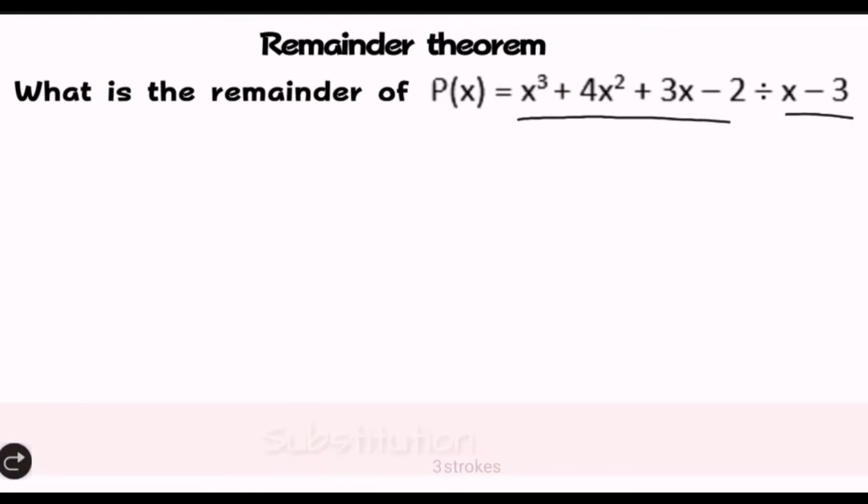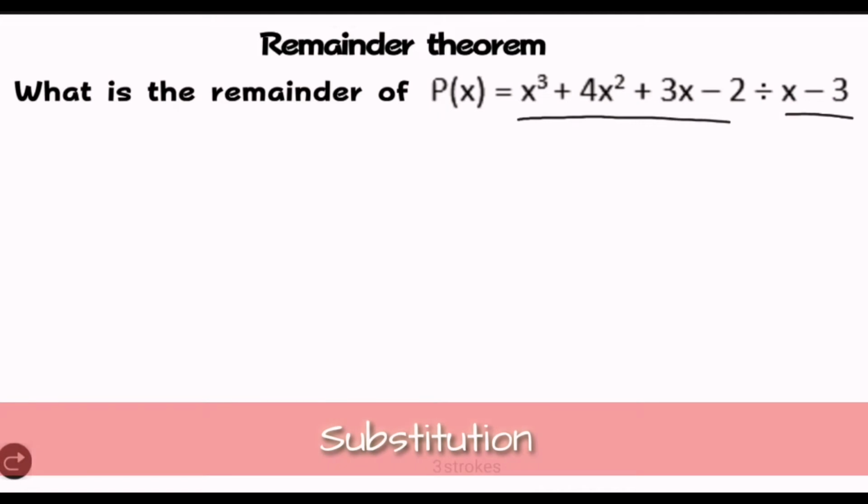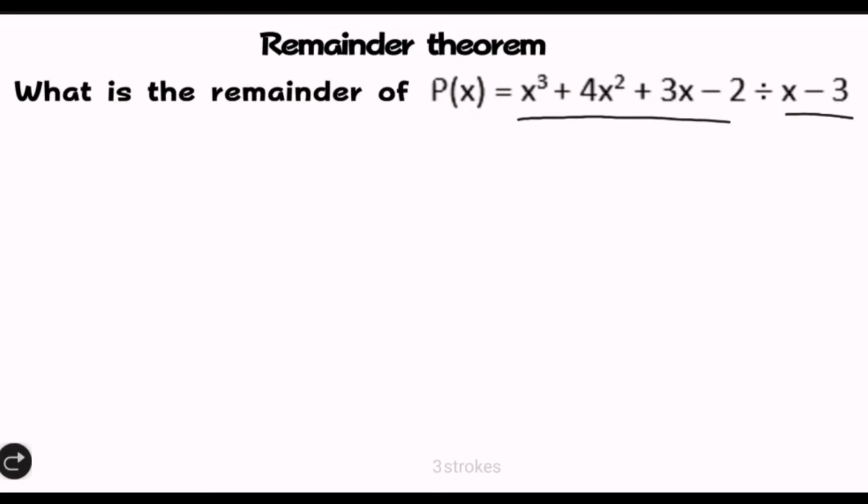The second method is by substitution. So first step is to get the value of x. So a while ago, we already have the value of x. We know the value of x is equal to 3. Next thing to do is to substitute this 3 in all the x's in the dividend. So, lahat ng x, papalitan natin ng 3. So, the first term in the dividend is x cubed. So, x cubed will become 3 raised to the third power